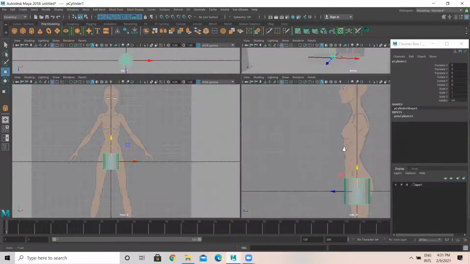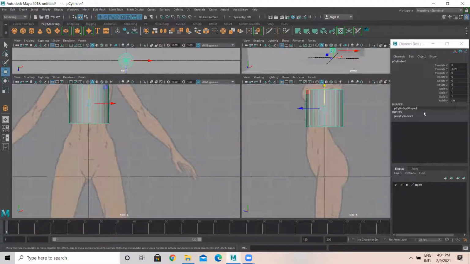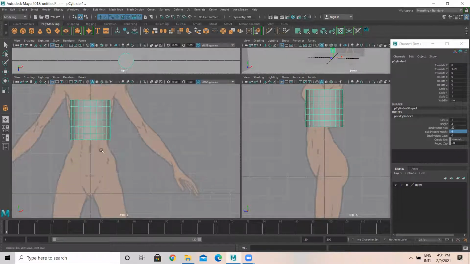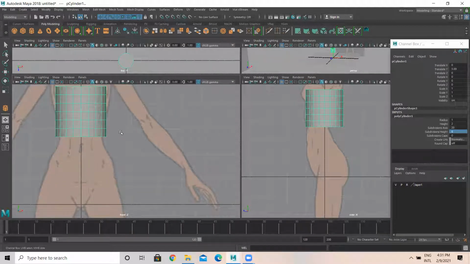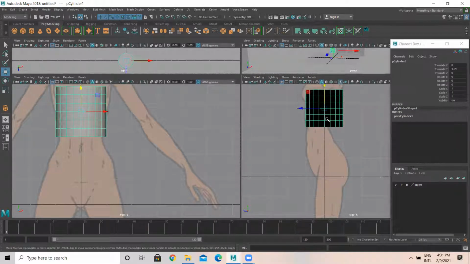Okay, so then I'm placing this cylinder here. So first thing, cylinder, I don't want any cap, make cap 0. Height you add 6. Or even 7 is also okay.